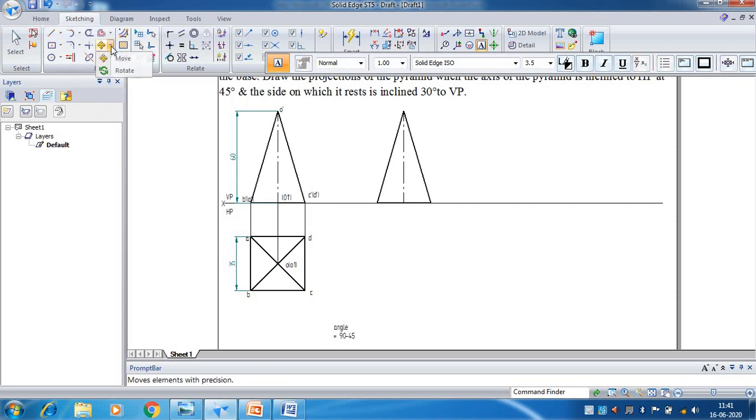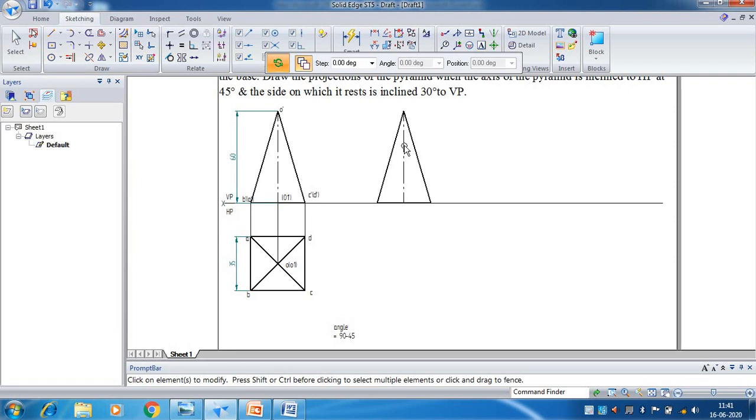So we'll select the rotate command. First click anywhere. Fix this right hand side corner as the center point to rotate. Hold this left hand side corner and copy option should be off. Give angle as 45 degree, because this 45 is not the given angle, it is the 90 minus theta angle.